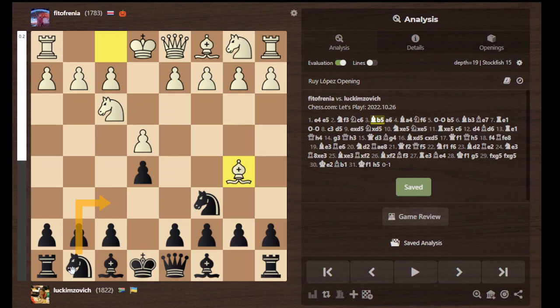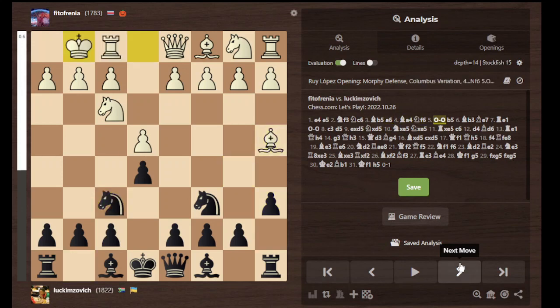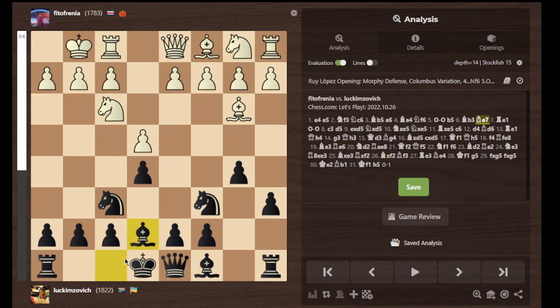It's a very interesting line, but I play the classical a6. I won't explain this again. This is just theory, really. Bishop a4, knight f6, short castles. Now I play b5, bishop b3. Bishop e7 is an indication that I want to play the Marshall, which is something you guys know I play,